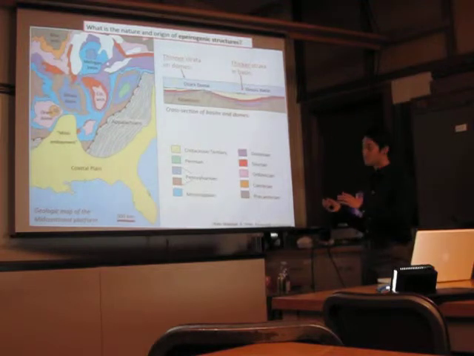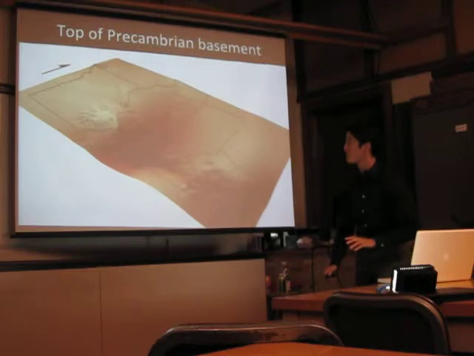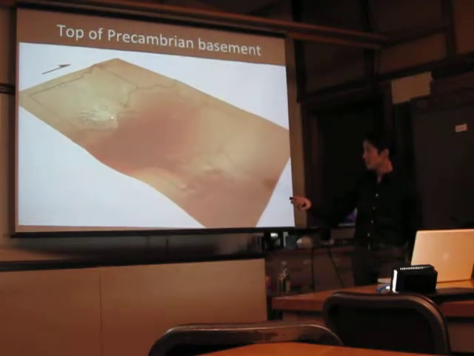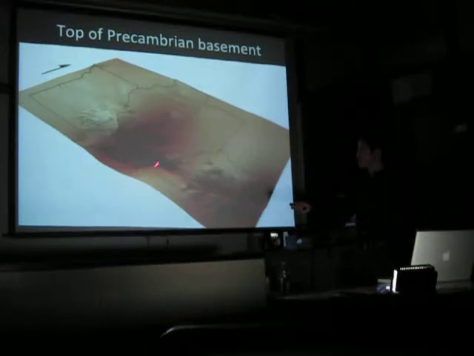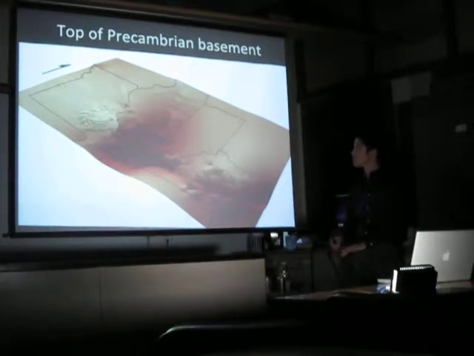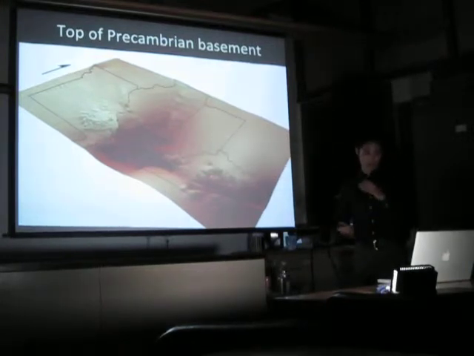So we can see this relative uplift in a 3D picture of the top of the Precambrian basement, and I'm not sure if you can see here, but the lighter areas are topographic highs where the elevation is high. The Ozarks are above land surface, and then the deep red color is where it is actually several thousand feet below the ground surface. So this is the 4-state region including Missouri, Illinois, Indiana, and Kentucky looked at from an oblique